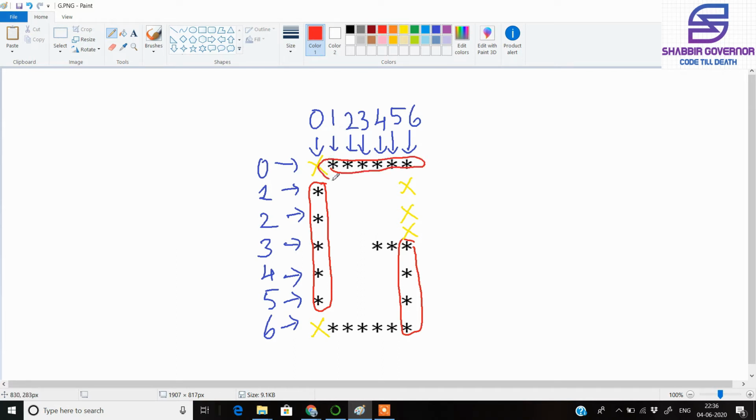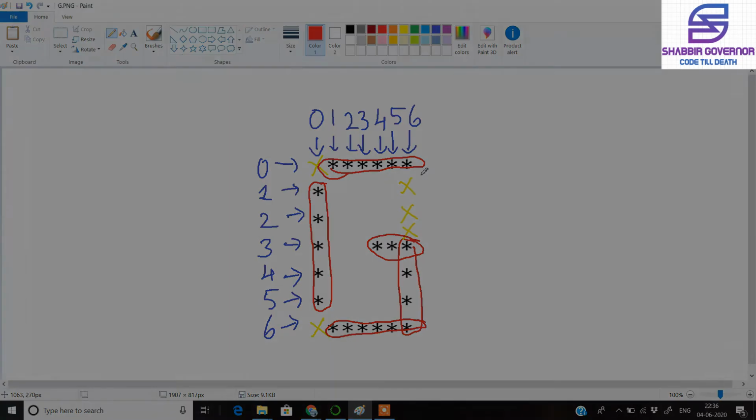this location, that is the row number 0 and row number 6, but we don't need stars at this yellow space position, that is this one and this one. Now for the G curve, now that our figure looks exactly like G, we also need one more row at row number 3, but the star should be printed only when the column is greater than 3. So let's make a Python program to do this.